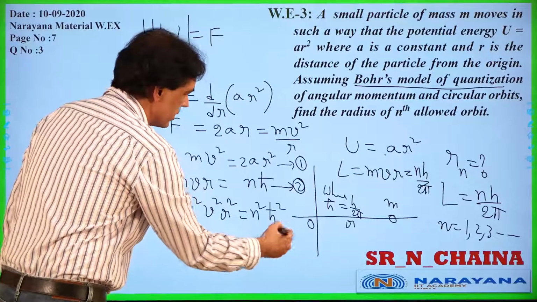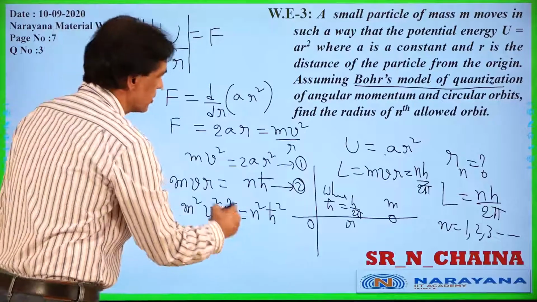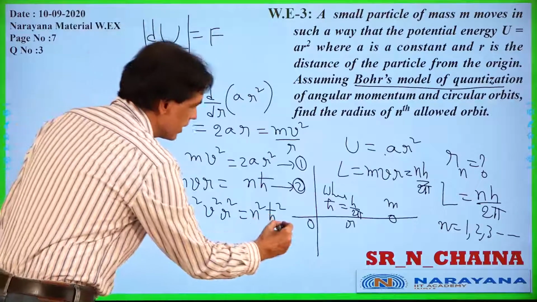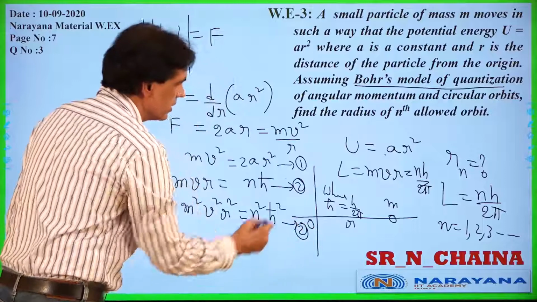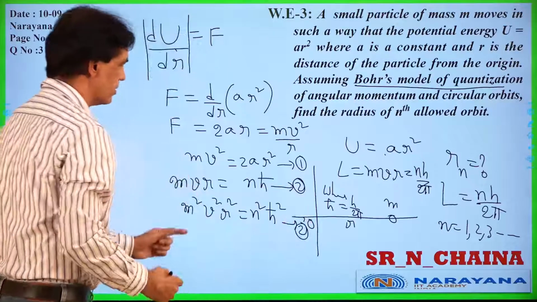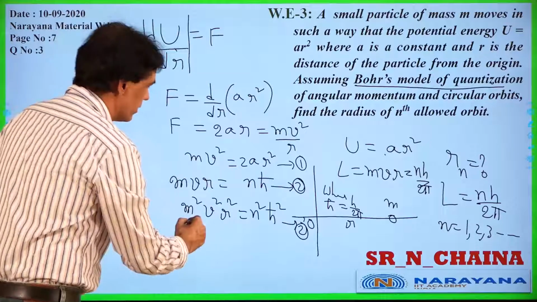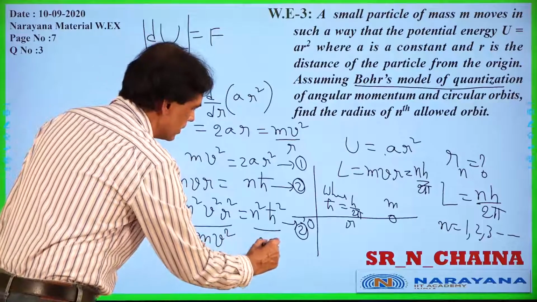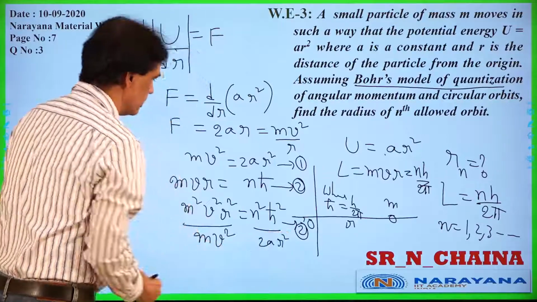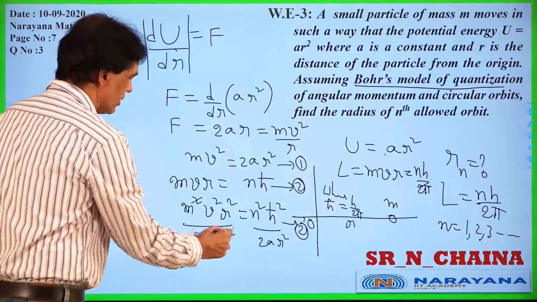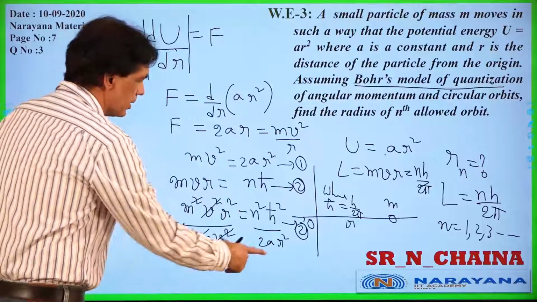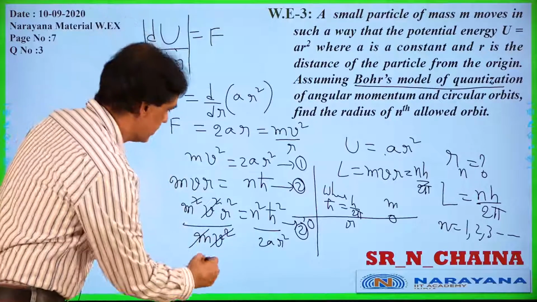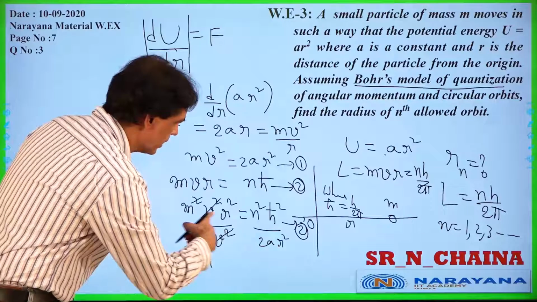Now it is my new equation. This equation I will divide with the first one. Able to understand? This is my equation 2, modified like this, say 2 dash. That I will divide with equation 1. I'll get m v square, and here I'll get 2 A r square. Now m cancels, v square cancels, and see, v is eliminated now. So what is left here? Let's see. I'll bring r square to this side.